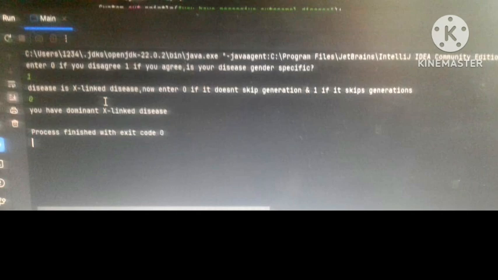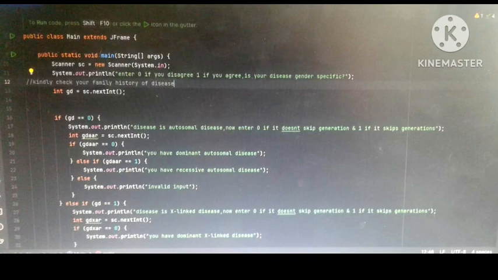If it is non-gender specific, then it is autosomal or non-X-linked. So the first branch is over. But in that we have to apply two conditionals, if and else. In the first if also there are two branches, and we have to write 0 and 1